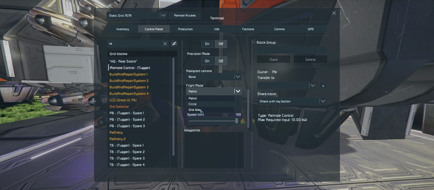Now I think we're going to do a one-way. And what I'm going to actually do is set up the waypoints. Like I'm going to do both, the travel to the station and then back from the station, all in the one set of waypoints, rather than going back and forth, if you know what I mean. So if we go one way,